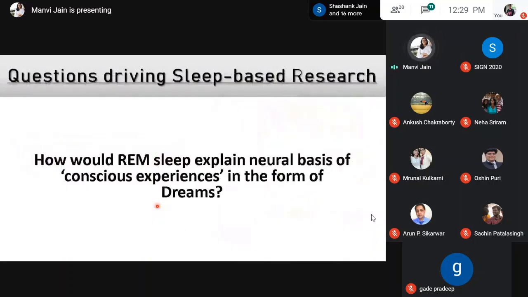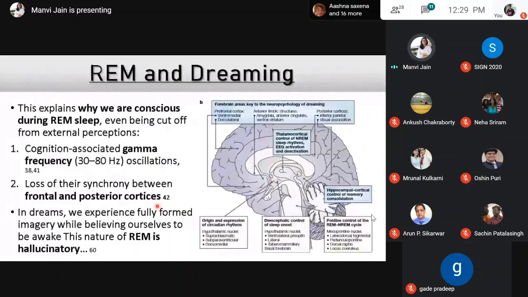Like, how would it explain the neural basis of conscious experiences in the form of dreams? Now, these two points are really important to prove that REM dreaming or REM sleep is actually a conscious process. How? The cognition-associated gamma frequency is very tough to attain if you study the whole deep process. We do it in the lab. I know one of my seniors does it in the lab, and I know how difficult it is to actually